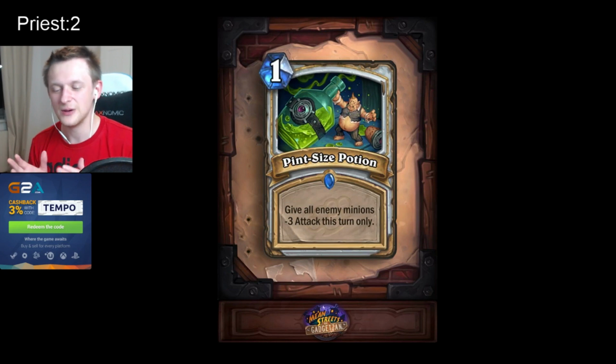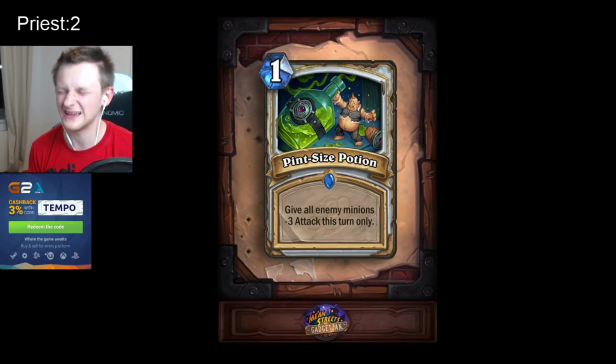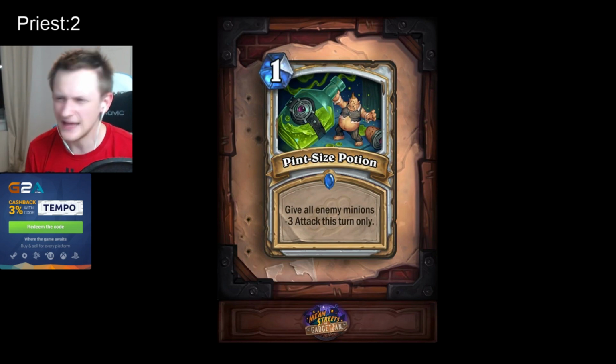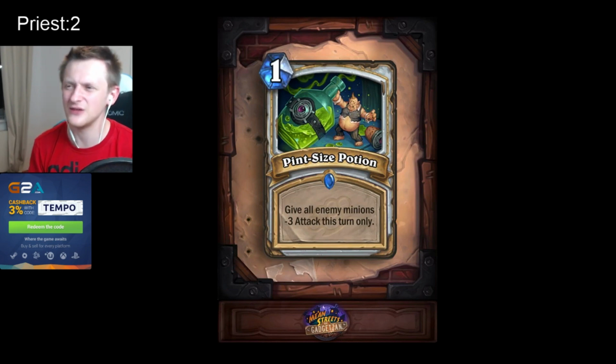Like in my prediction video, I predicted after the nerfs that Priest would be the worst class to climb the ladder with, and with this video I'm going to predict that Priest is going to become a tier 1 deck and will own it on the ladder. This card is insane in Priest. Insane combo potential. If you have a board, you can trade into the other board. That this card costs 1 mana is insane. The value for 1 mana is so good,